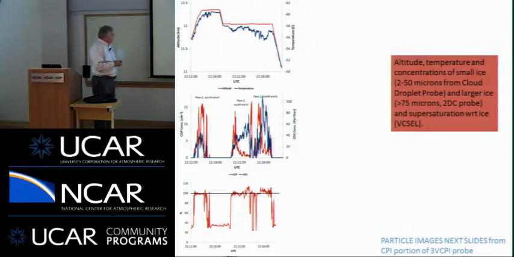And then the cloud droplet probe shows various spikes here. I had expected these were going to be somehow correlated with the 2DC probe, but they weren't. That didn't make a whole lot of sense to me, but it started to make sense as I spent more time looking at it. And then finally, this is the relative humidity with respect to ice here. I'll come back to that, but you can see the 100% line here.